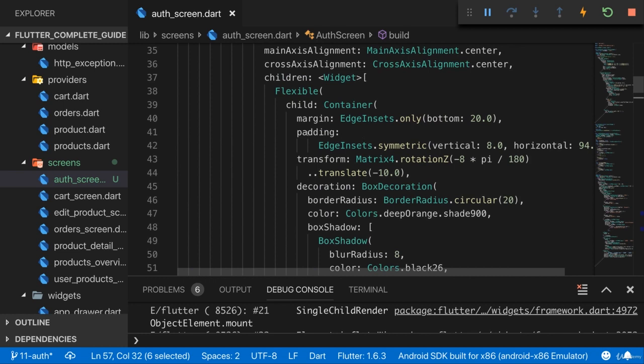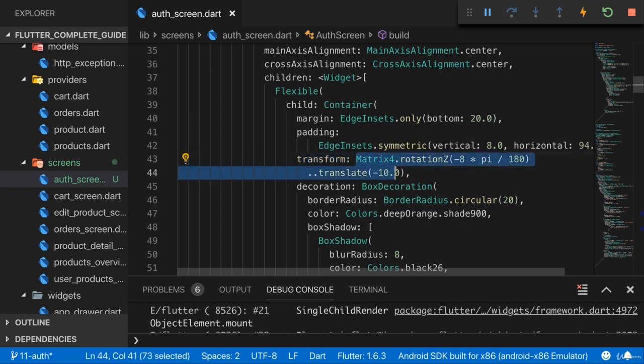But if I scroll up a bit, you see there's something interesting. Besides a margin and a padding, I do this. I have the transform argument there and then this strange code. And we have seen neither of that. Now, transform is an argument which the container supports out of the box, which allows you to transform how that container is presented. It allows you to rotate the container, to scale it, or to move it. Of course, it has a certain position on the screen, and with transform, you could also offset it by a certain amount on either axis.